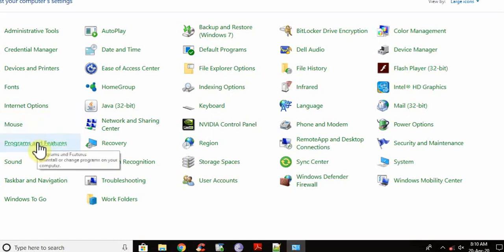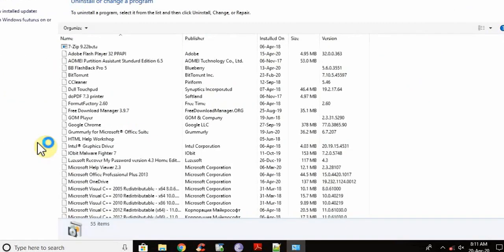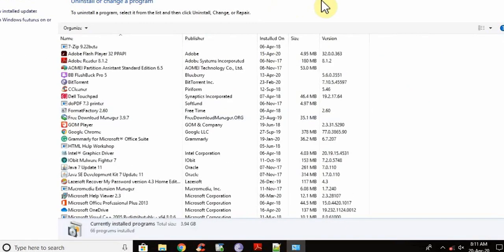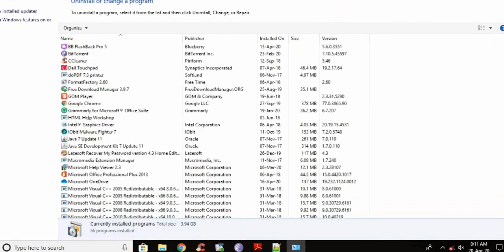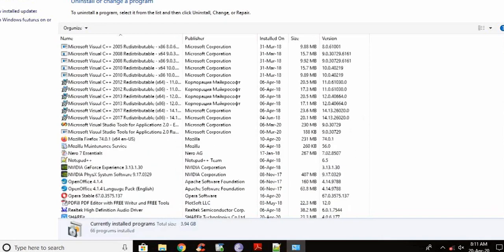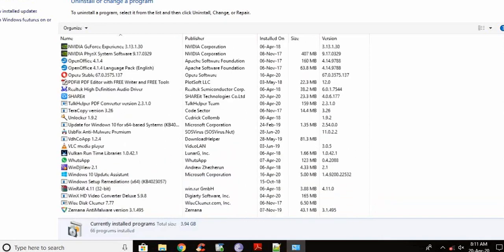Now these are actually programs and features. Let me click this. Now this brings up all the programs. Now you can see here all the programs that are installed in this particular computer.